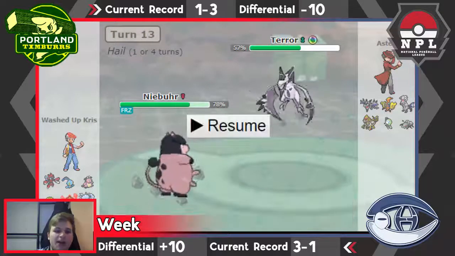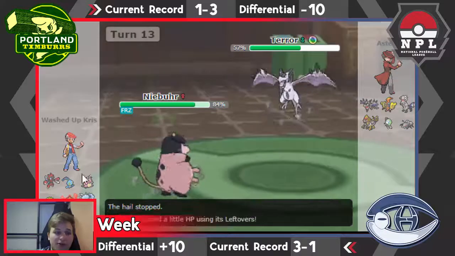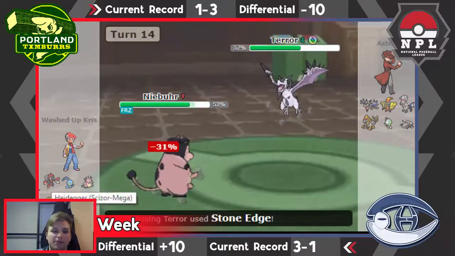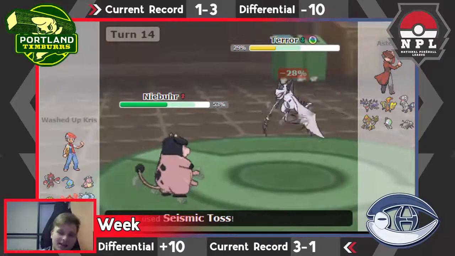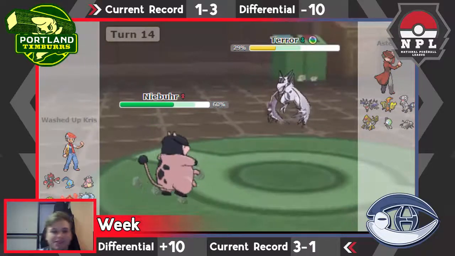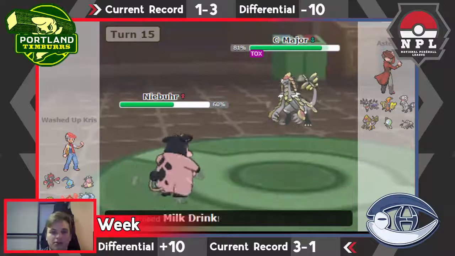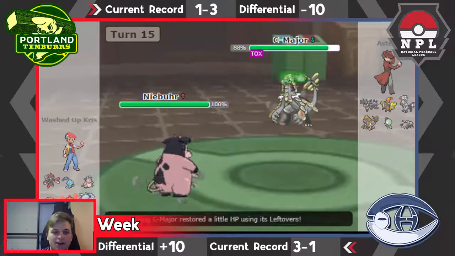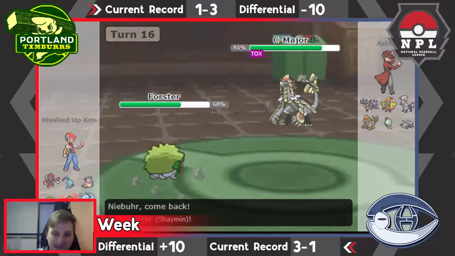I switch my Miltank here and I get frozen, which sucks, but there's nothing I can do because I have no other switch-ins into this except for Scizor potentially, but he could have Fire Fang. So I just have to sit in and pray. Thankfully, I get thawed, so it's not a big deal there at all. No hacks there for sure. All good. Now here, if I do remember, I finally make the play I should have been making